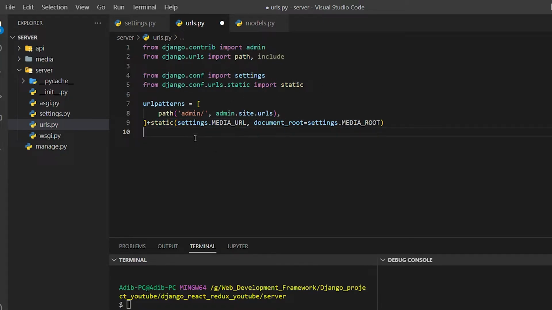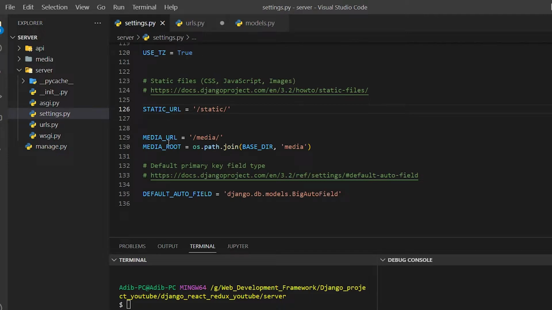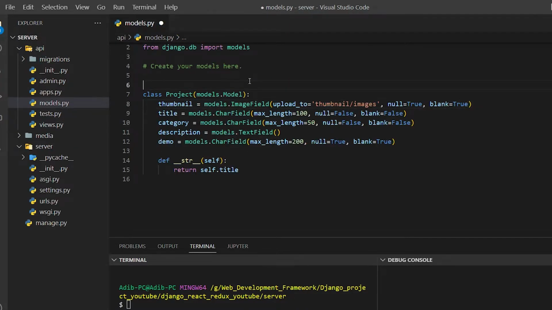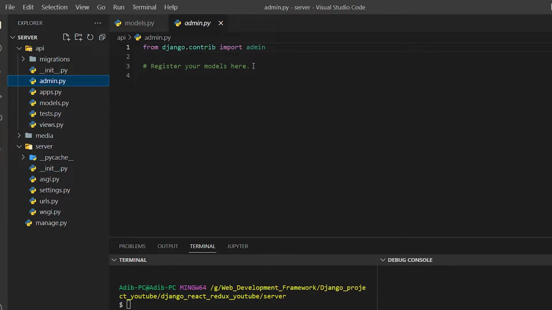So in the static we need to pass two pieces of information, which is media URL, and in the document root we need to pass settings.MEDIA_ROOT. So this root and URL is connected with our main URL of our project, okay, for the static content. So our configuration is done. So our model creation is done, our configuration is done, and in the admin we need to just